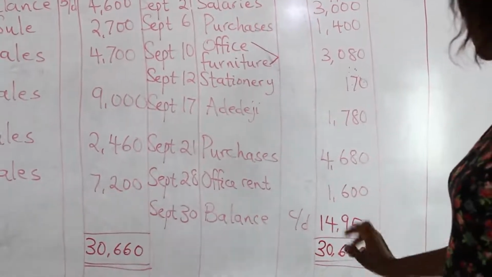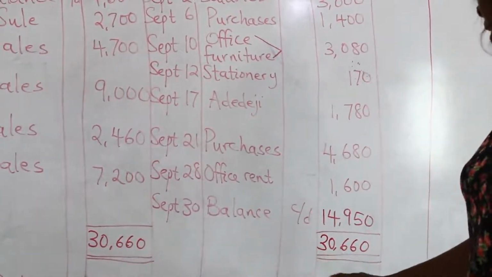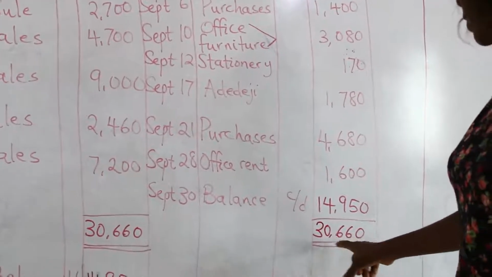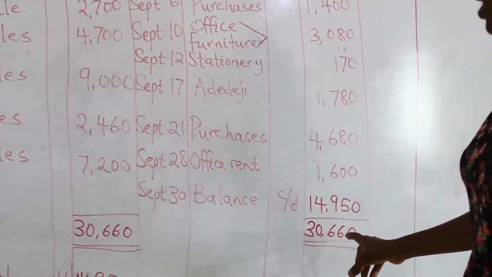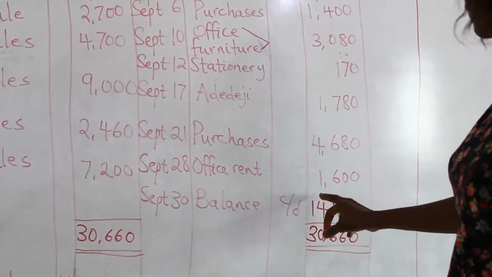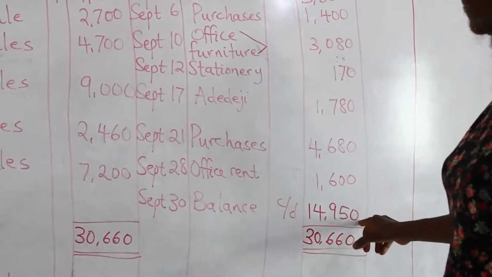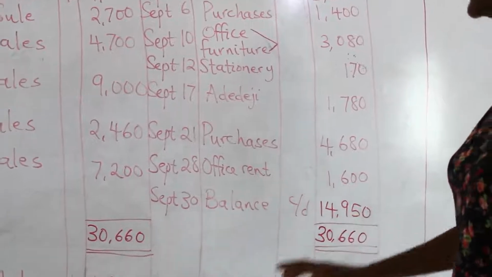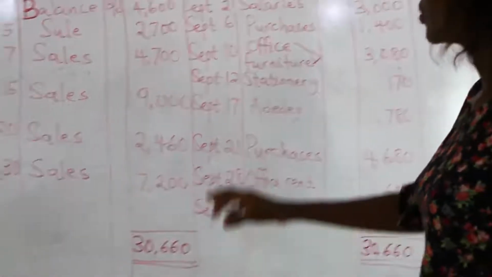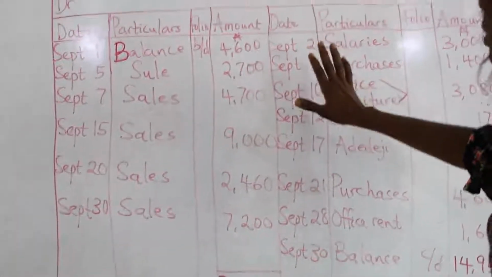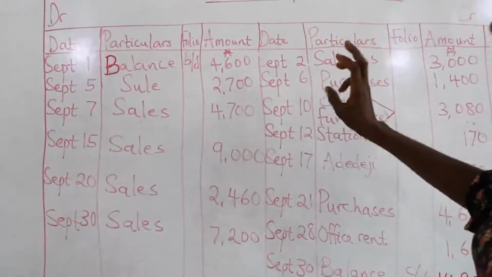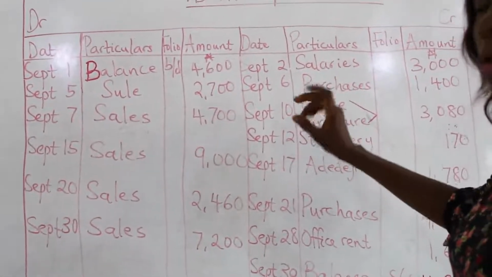I subtracted 15,710 naira from 30,660 naira to arrive at this balancing figure of 14,950 naira. As I explained earlier on, in a normal setting, whether for your single, double or triple column cash